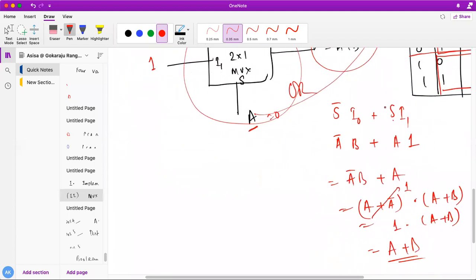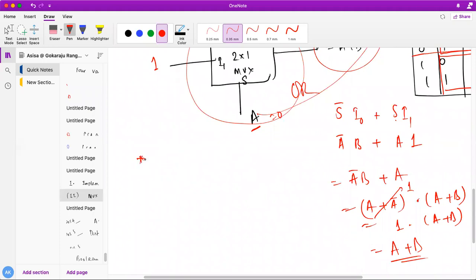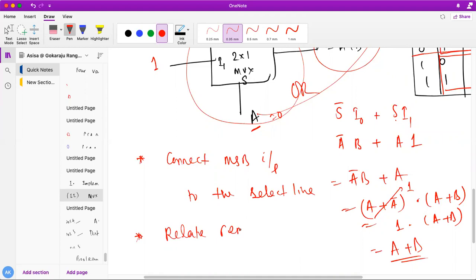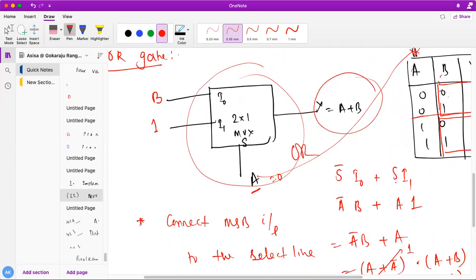First step is what we have derived here: connect the MSB input to the select line. Next step is, relate the remaining input with output. Okay, and represent it in a 2x1 mux. Understand, students, or any doubt on this, please let me know immediately.